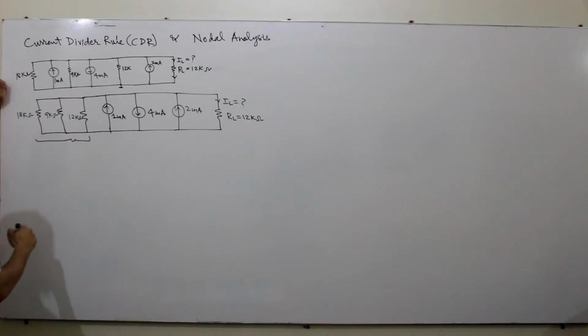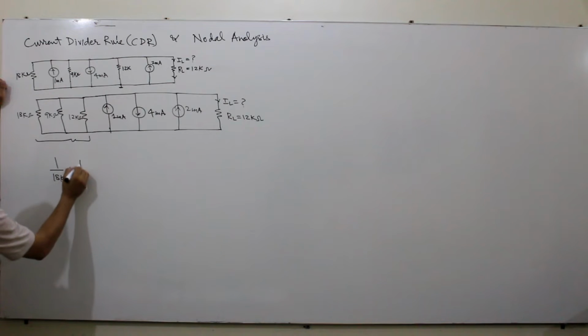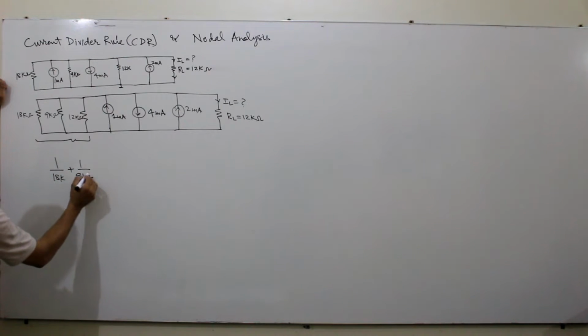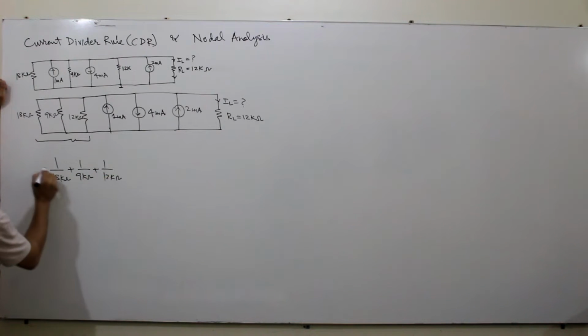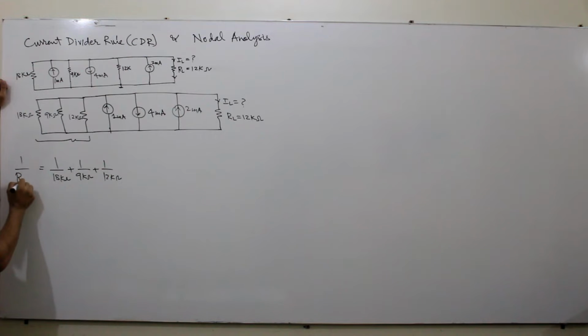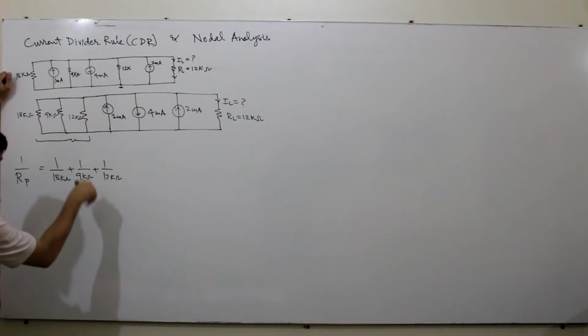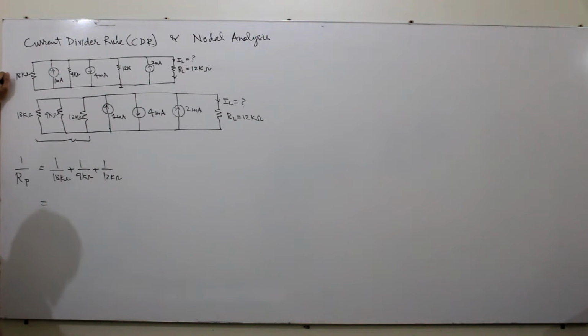We need to find the equivalent resistance, plus 1 over 12 kilo ohm, and this is 1 over, let's say R parallel. You can give any name, RA, R1, R, anything. To simplify this one,